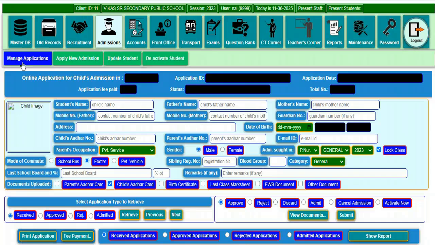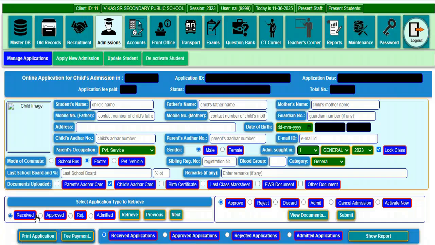when submitted by the parents through their mobile phone or computer by visiting a school's website admission link. In this case, there is no need to enter students' data into the system because it is already fed by the parent while applying online. However, we may edit and do necessary modifications in the data if required before admitting such student.